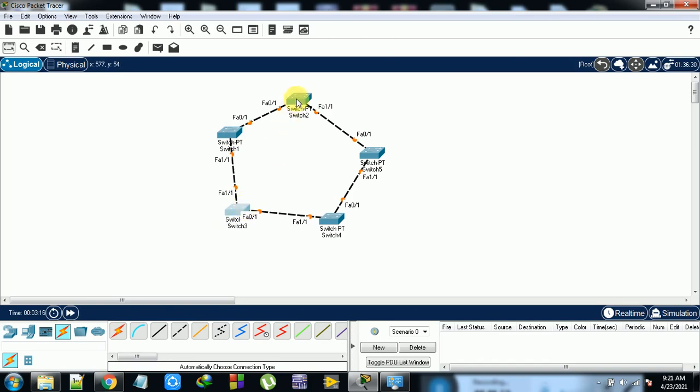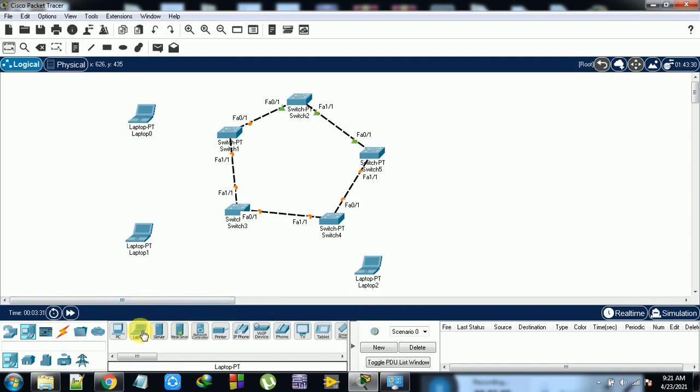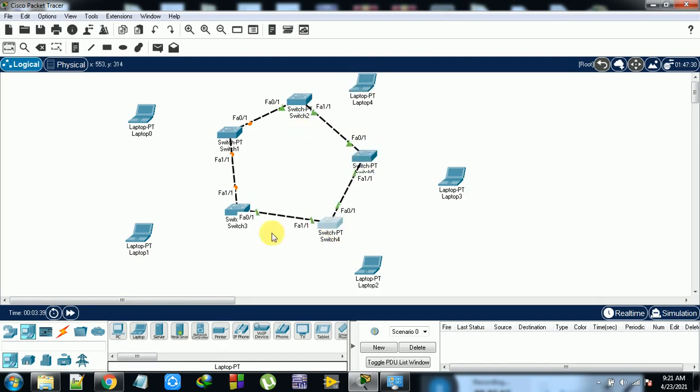Once this is done, directly go with some devices, some PC or laptop, anything. So some laptops I'm taking. Each switch is connected with a laptop, to send information and to configure it.